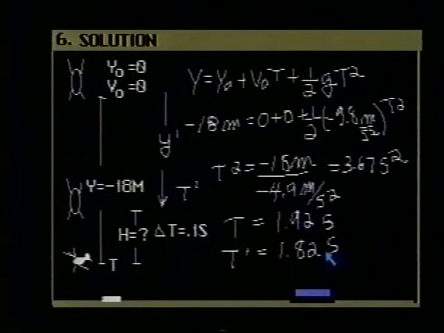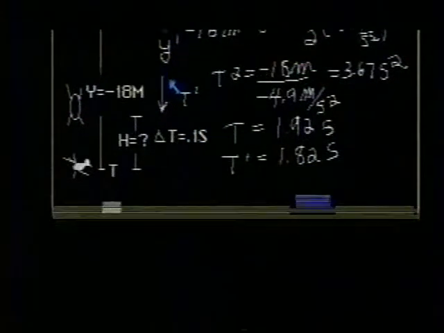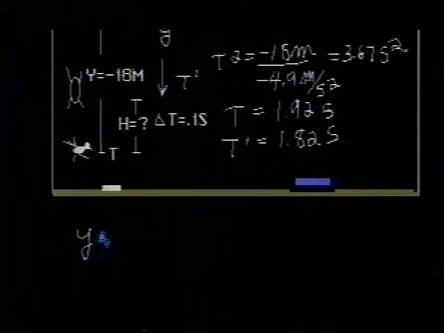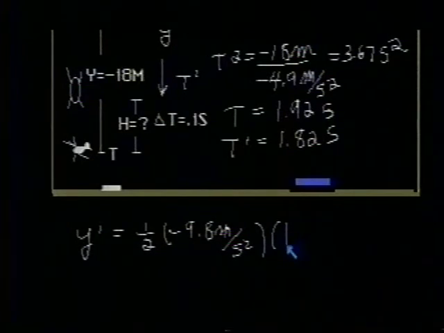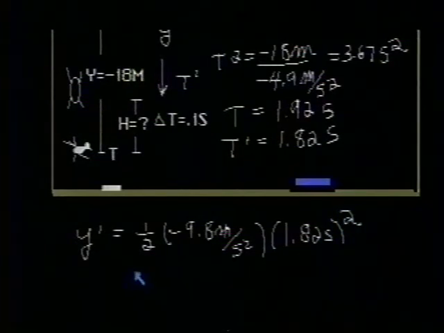The next problem is to find y prime. If we solve for y prime, we find that y prime is equal to 1/2 times minus 9.8 meters per second squared times 1.82 seconds, that quantity squared. And if you evaluate that, you'll find that this is minus